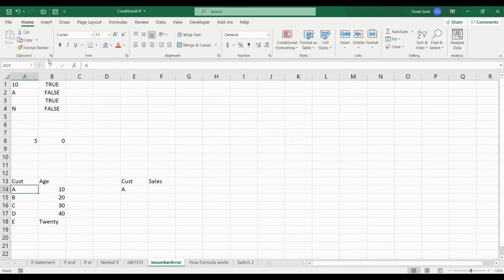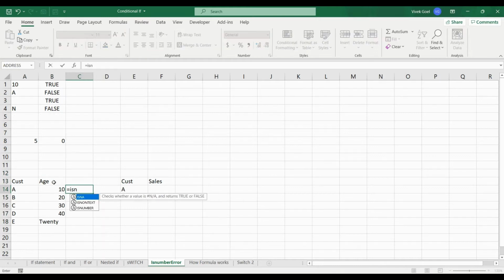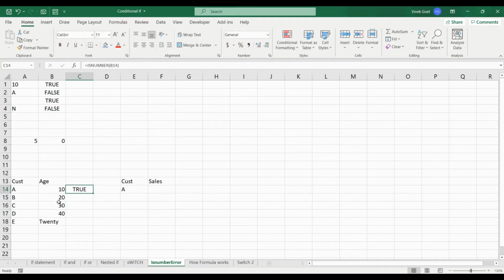You have a CSV file that you want to load into a table. The column age is integer in the database table. So the column age should ideally contain only integer values. Prior to loading, you want to verify that all values are correct, otherwise your load will fail. You can do that using isNumber function. Here all values that are integer will return true. Any value that contains text or is not an integer will return false.